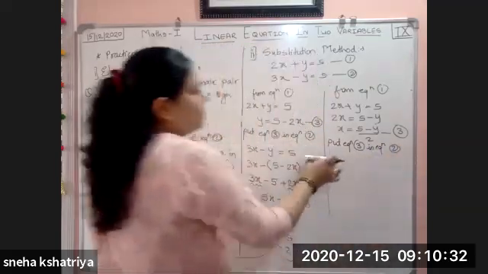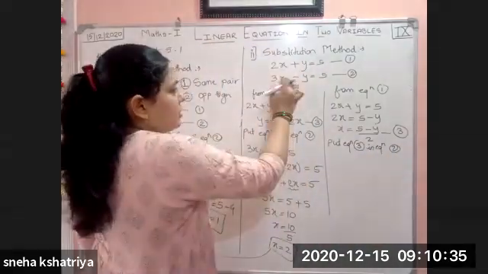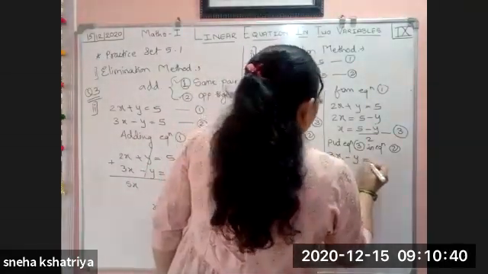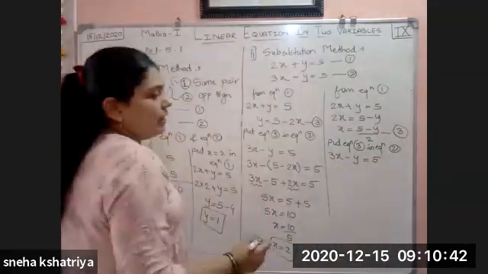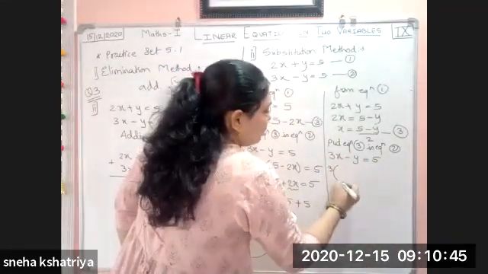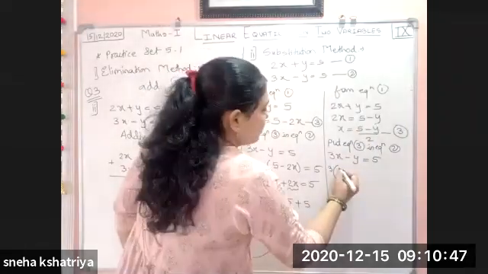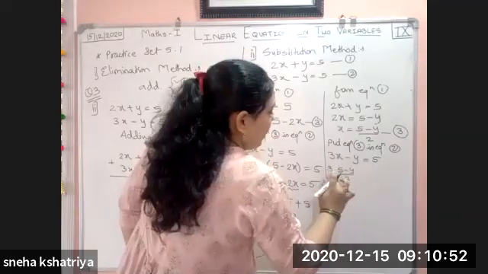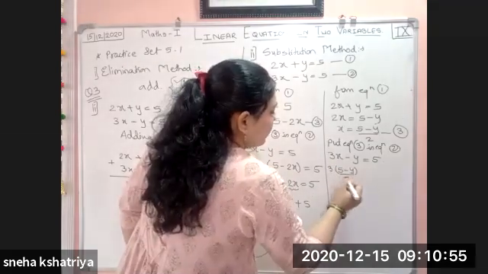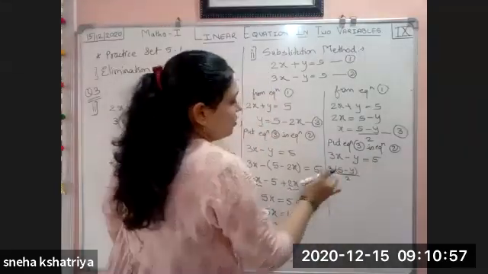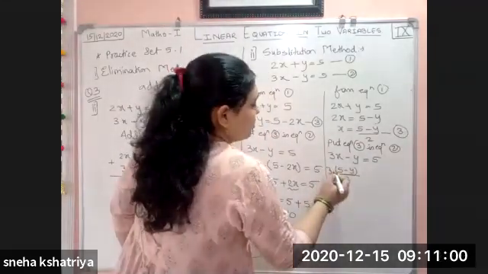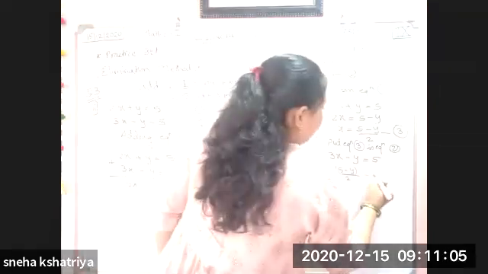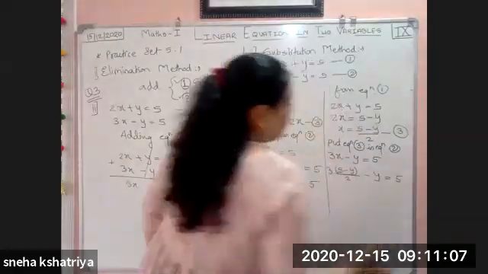So what is equation 2? See here, this is the equation 2. First write it down. 3x minus y is equal to 5. Put the value of x. 3 into bracket. Again, see here, division is there. That's why we have to write like this. 5 minus y divided by 2. Or either you can write like this also. This is one and the same thing. 3 into 5 minus y divided by 2 minus y is equal to 5.